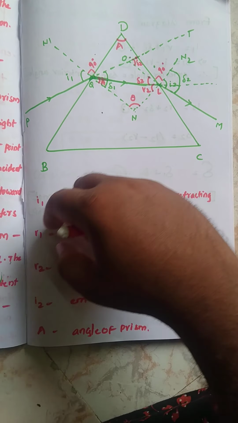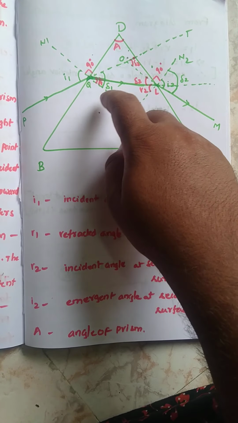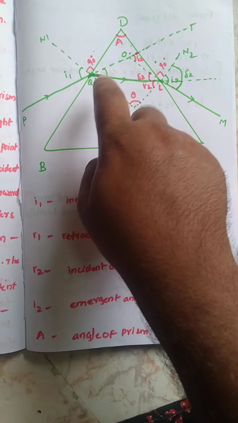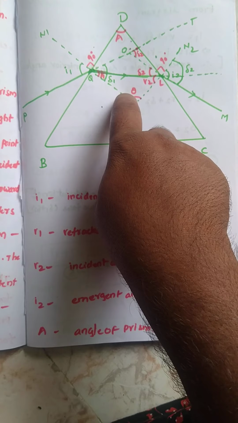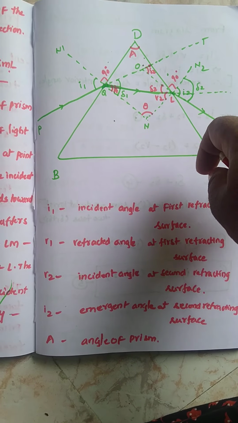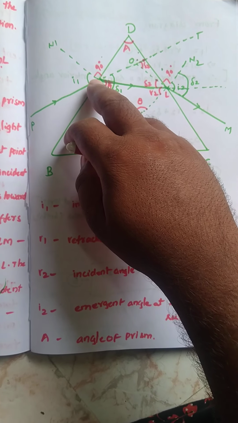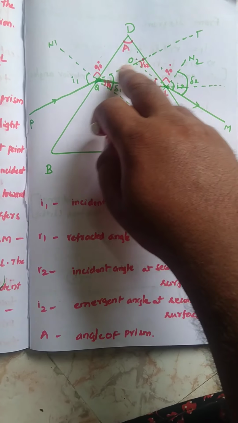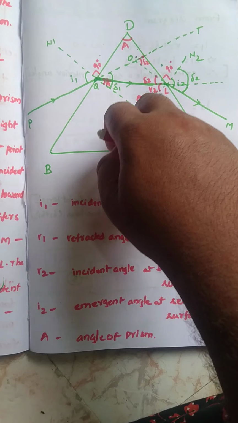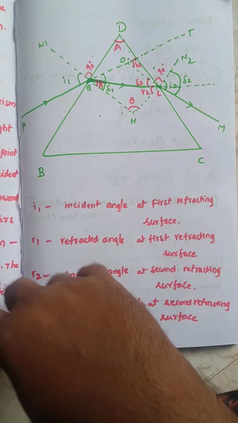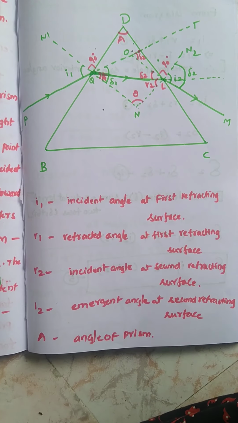See, here I am considering delta 1 as the angle of deviation. It is actually the original light ray and a normal. I already told, the angle at which it deviates from its original path. So the original light ray will be deviated from this. For that we can take the angle between the original light ray and the normal, known as the angle of deviation. For the first surface it is the angle of deviation.